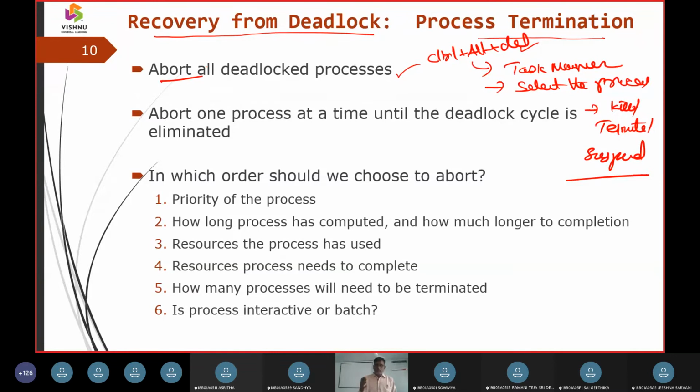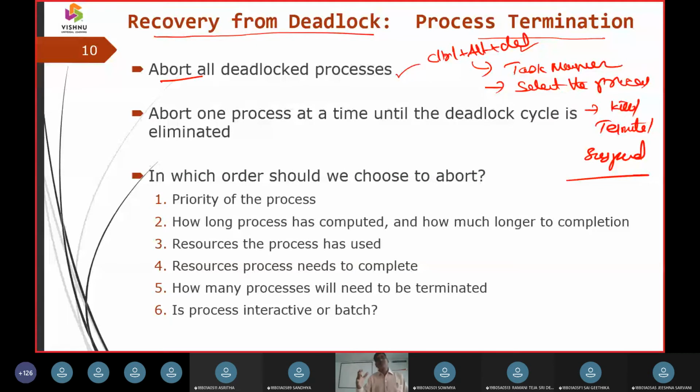But that is simple. What about software engineers? We are all software engineers. To develop a program, you should not depend on hardware. Everything you have to solve using the software program. So what you can do is build a deadlock algorithm called the Banker's algorithm, and in that Banker's algorithm you manage the resources. So at no moment should people have to think of restarting a computer or rebooting the mobile phone. Everything should be processed with the software itself. So that is the solution that has to be there.